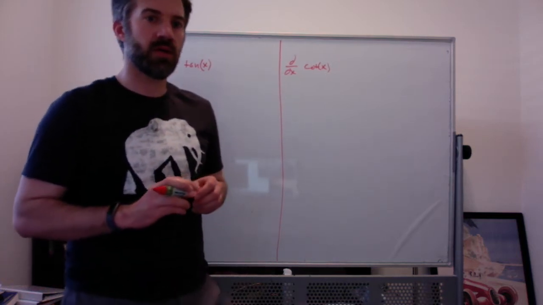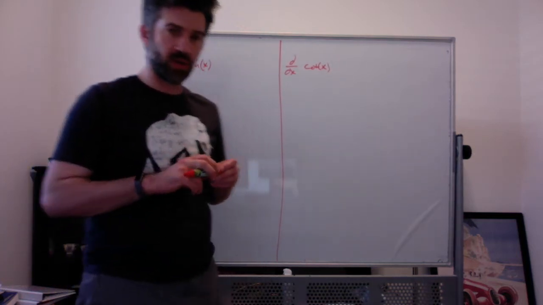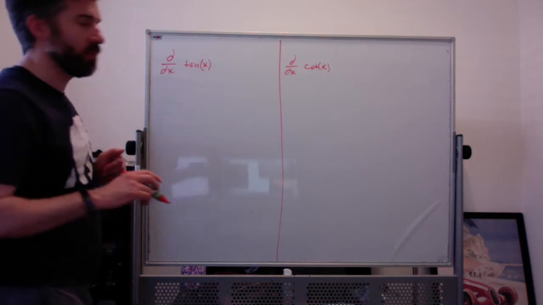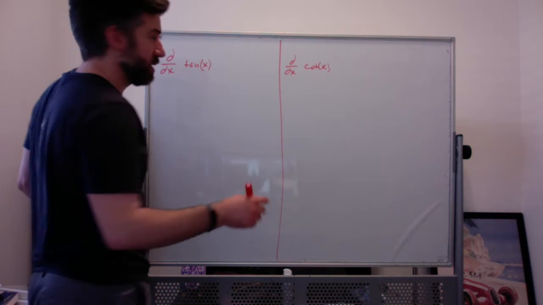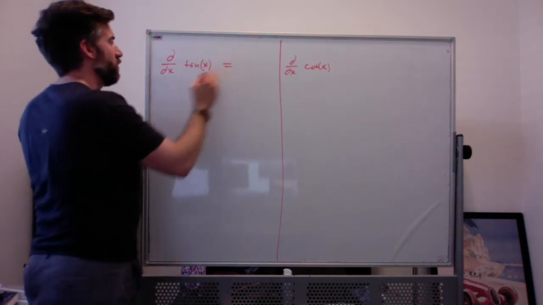Hey 17A students, here are the other 4 trig derivatives that you should know. I'm going to do 2 of them and I'm going to pause, well, I'm not going to pause, you should pause when I tell you to and try the other one. So I'm going to do the derivative of tangent, and the way we do the derivative of tangent is by